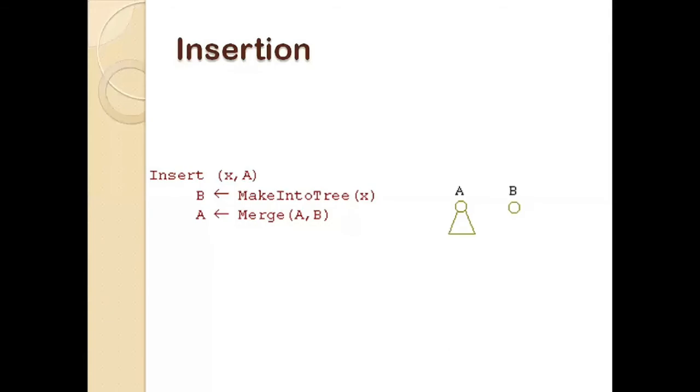Going on further, the insert operation. Insert operation is very simple in a leftist tree. First of all, we have a leftist tree, say A, and we have to insert an element B. So make B a node which has left child reference null, right child reference null, and distance 0. So B itself is a leftist tree, and A is also a leftist tree. So simply we call the merge operation on A and B.